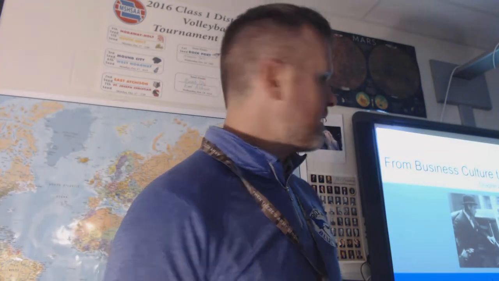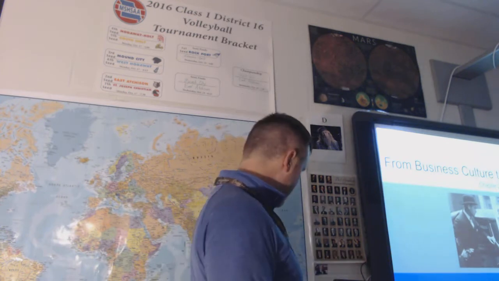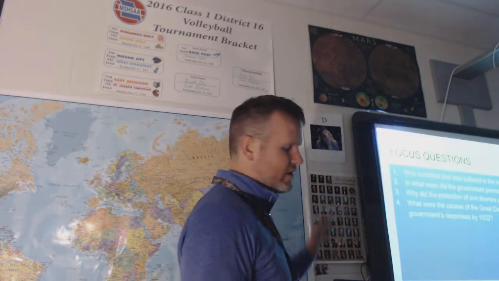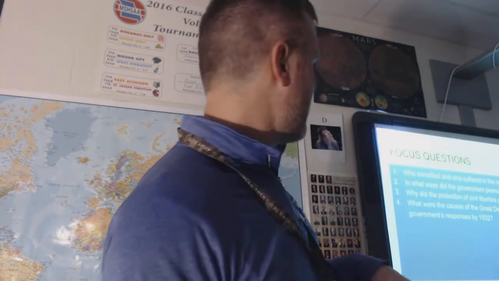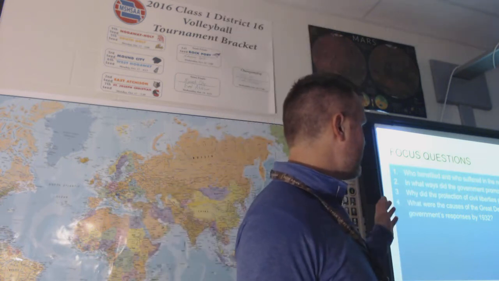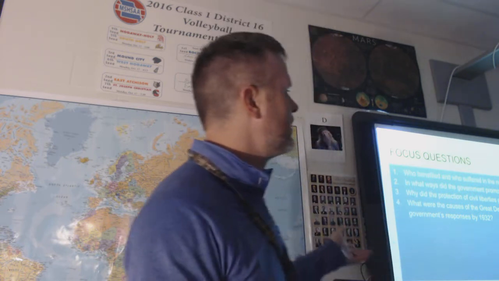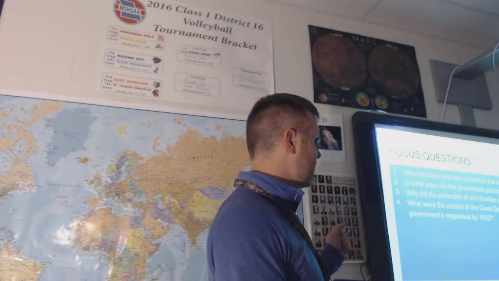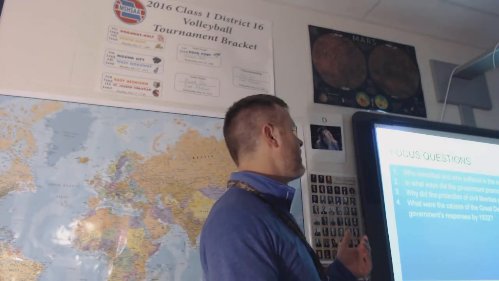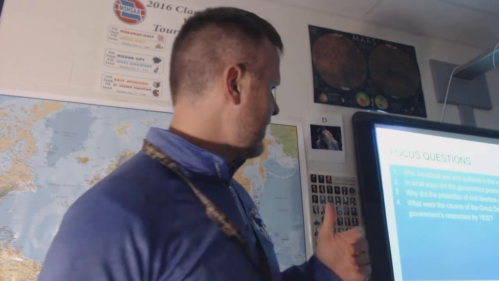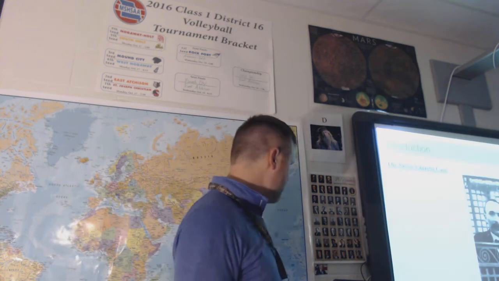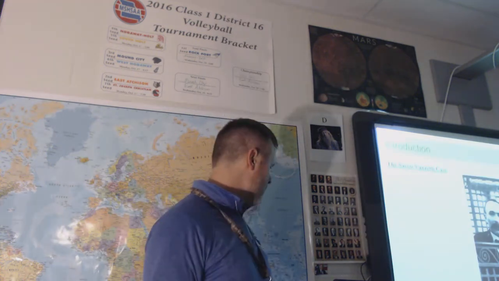Okay, so chapter 20, from business culture to Great Depression. Obviously, everything will be on the PowerPoint as we talk. We'll just talk in general. Who benefited and suffered in the new consumer society of the 20s? How did the government promote business in the 20s? What protection and civil liberties gained importance in the 20s? And what were the causes of the Great Depression, and how effective was the government's response by 1932? So we're going to get into the post-war